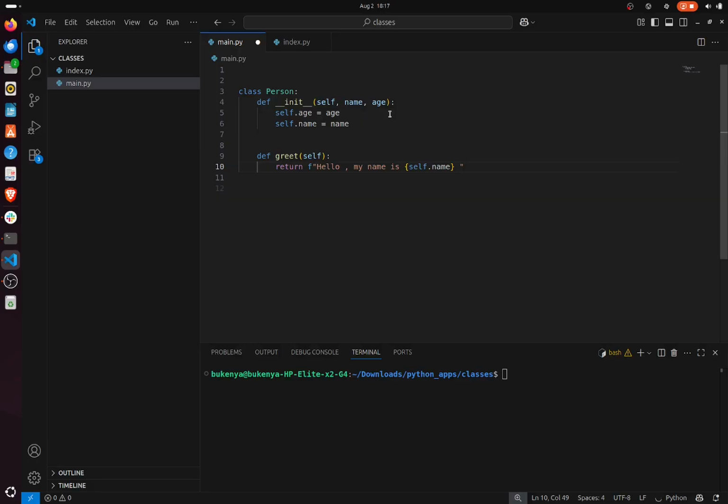So self.name and I am, then we grab the name, the age, and I am dash years old. So it's sort of like an introduction function, not really greet. So we have these two, we have the function or the method within the class, but I want to talk about